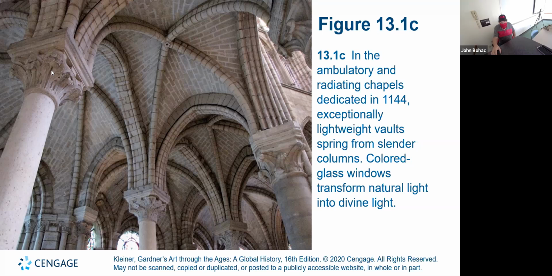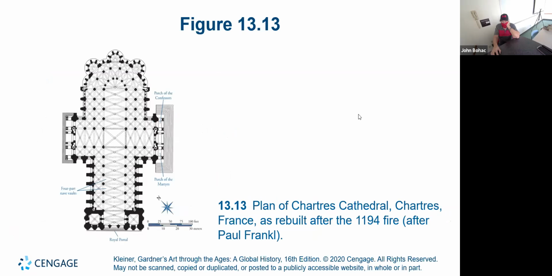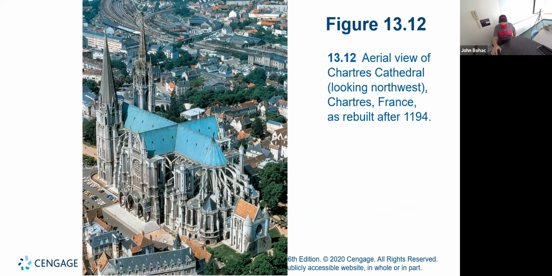And they don't particularly go for a particular order when they do their columns and they do their capitals here. They're mostly unique. And these exceptionally lightweight vaults spring from the slender columns. So how are they able to do this? And here is Saint Denis, and they have the columns, and here is the ambulatory that we just saw. Well, part of the reason they're able to do that is that they come up with